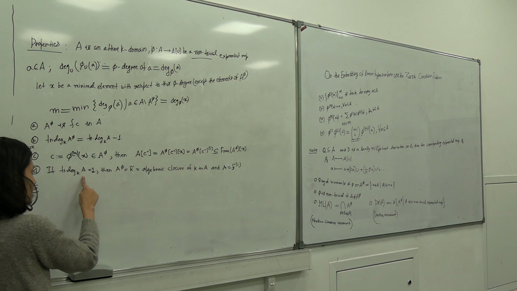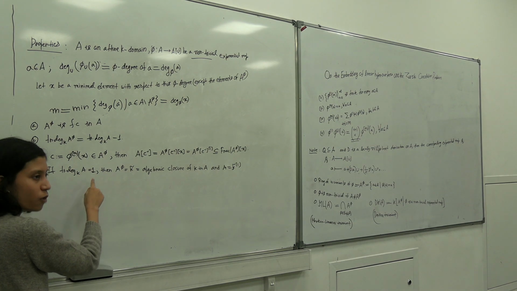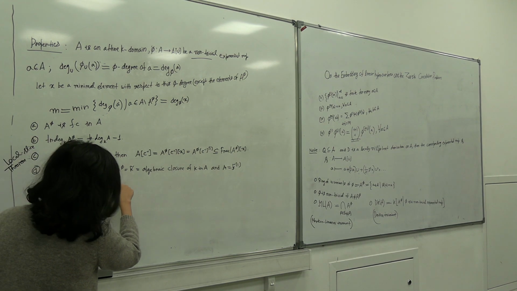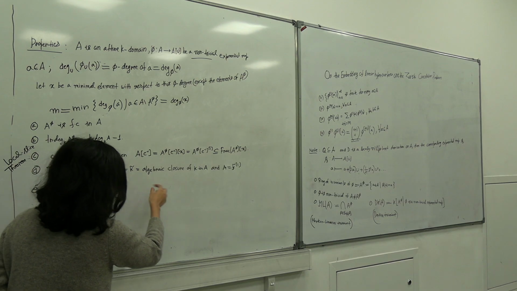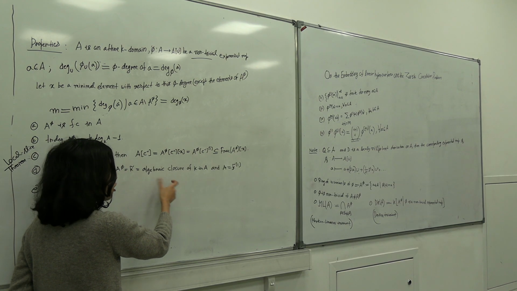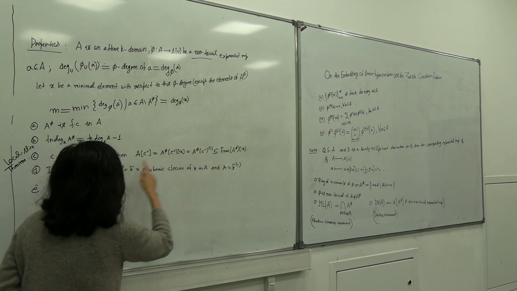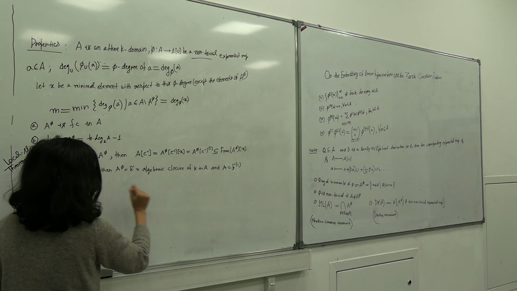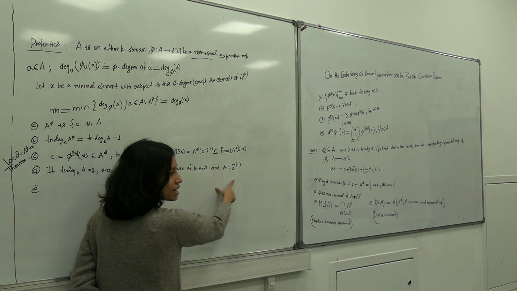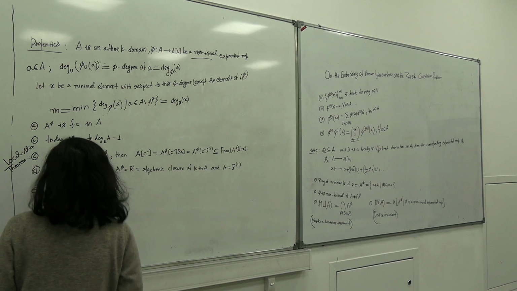If the transcendence degree of A is 1, then the ring of invariants will be k tilde, and it is nothing but the algebraic closure of k in A, and hence with the help of this local slice theorem we will get A to be k tilde of 1. Okay, now number E.